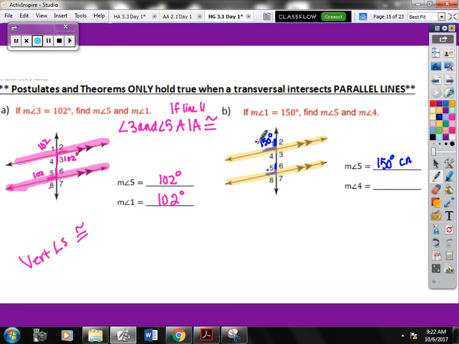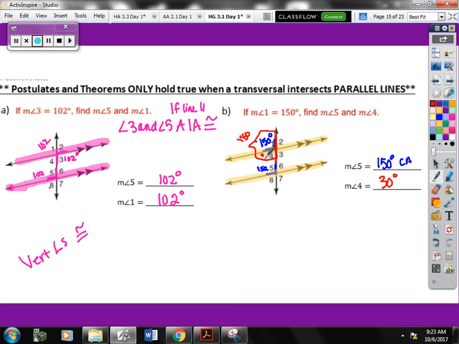Now they want angle 4. And as soon as you find an angle, you might want to put it in the picture. How big would angle 4 have to be? Marquise? 30. Two ways to find that. The easiest one is to notice that angle 1 and 4 together form a straight line, which means they're a linear pair, which means they're supplementary. So 180